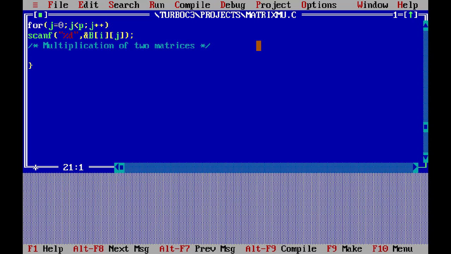Here we are going to use 3 indices i, j, k. i, j are used for reading the row and column values of matrices A and B, and k, the new loop index, is used for doing the multiplication process by using the dot product rule. That means all the row elements of matrix A are multiplied with all the column elements of matrix B. So here the k is used for that. So you have to implement that procedurally.